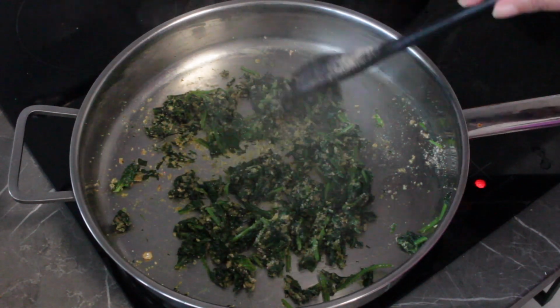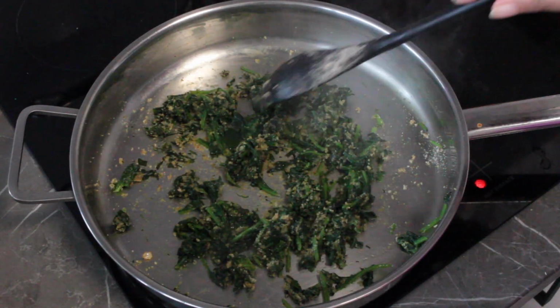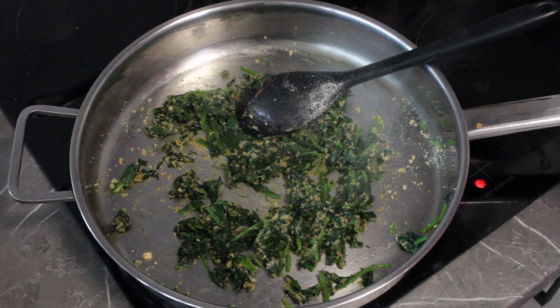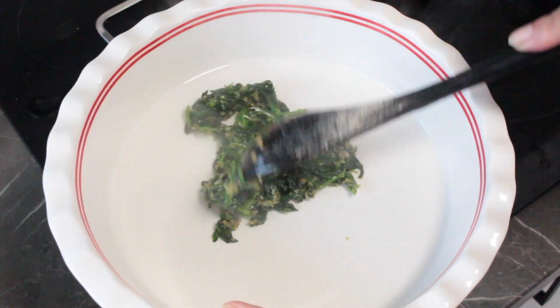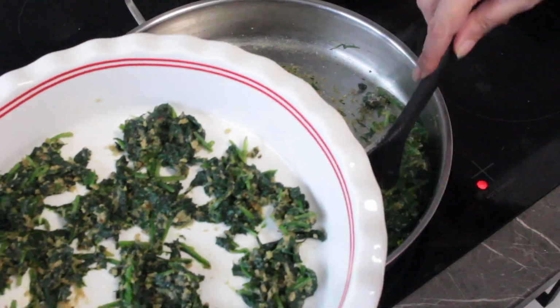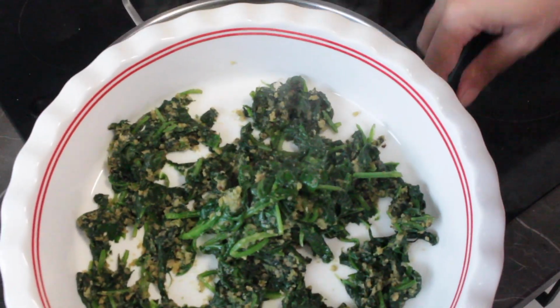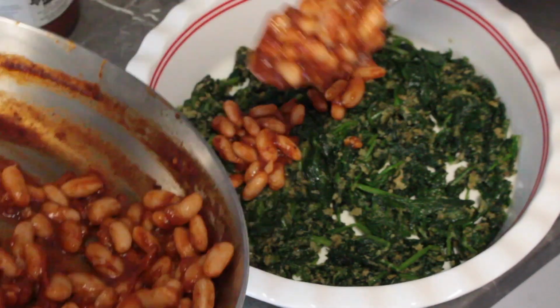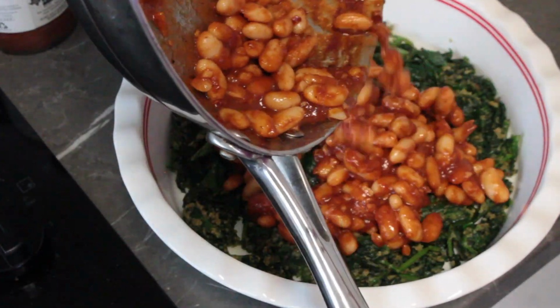Once your spinach and the breadcrumb mix looks fairly dry, like you can see here, we're going to take it off the heat and place it on the very bottom of our baking dish. And I'm going to repeat the same process again with my second batch of spinach. Spread all of that spinach into as even a layer as you can at the bottom of the baking dish,